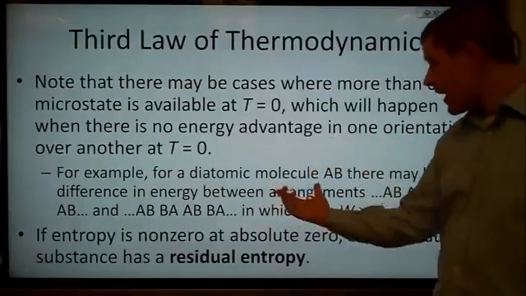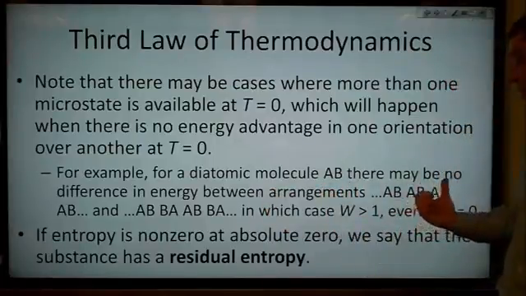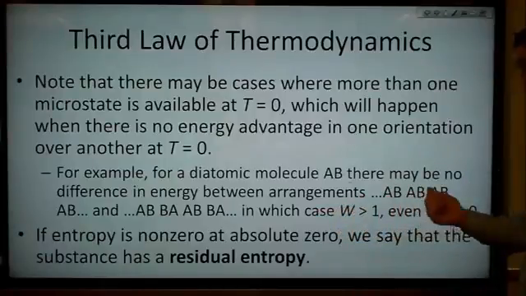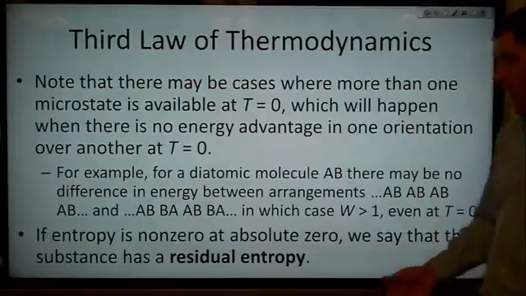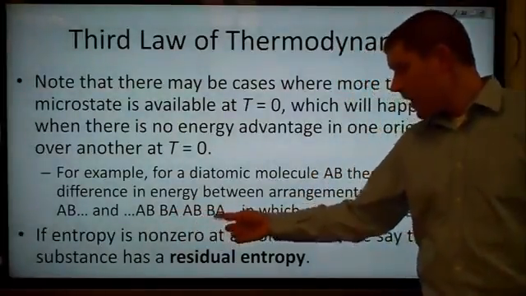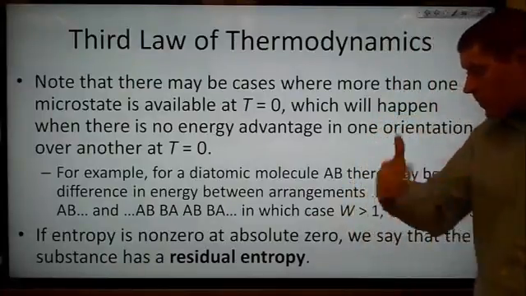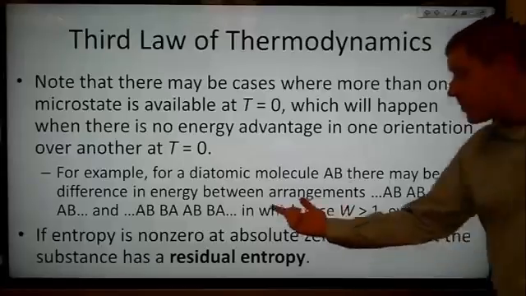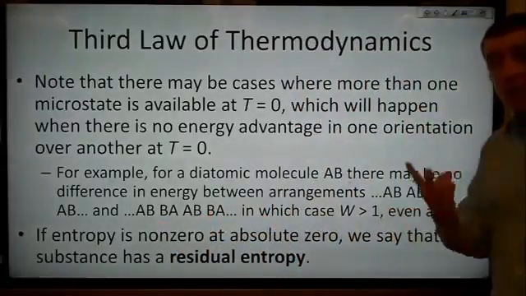If we have a diatomic molecule AB and we line them up next to each other, and there's no energy difference between the arrangement AB, AB, AB, with the molecules in the same orientation, and AB, BA, AB, BA, where the molecules are flipped every other molecule,